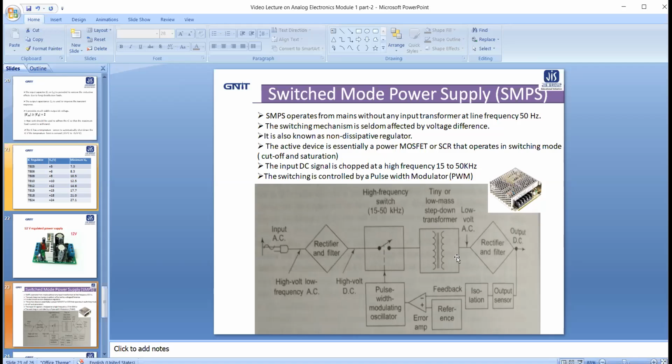Now, because this switch produces pulses, these pulses behave as an AC signal. So this AC will be converted to low voltage AC by this transformer. This transformer design is completely different from our previous, conventional transformer, because it is a tiny, low mass transformer with a ferrite core. Now the low voltage AC will be further rectified and filtered to form the DC voltage by a rectifier and filter